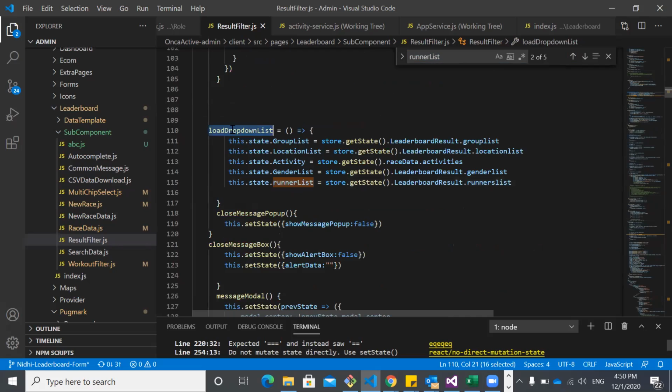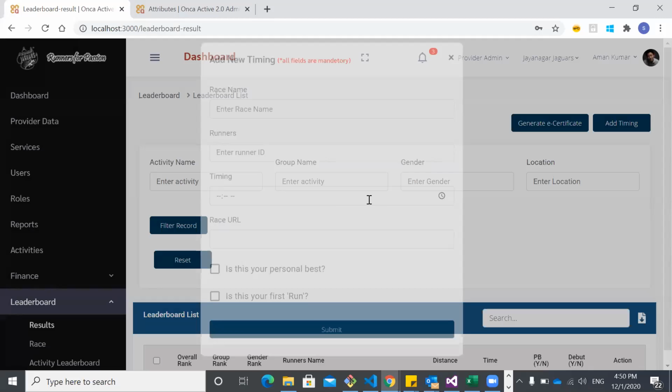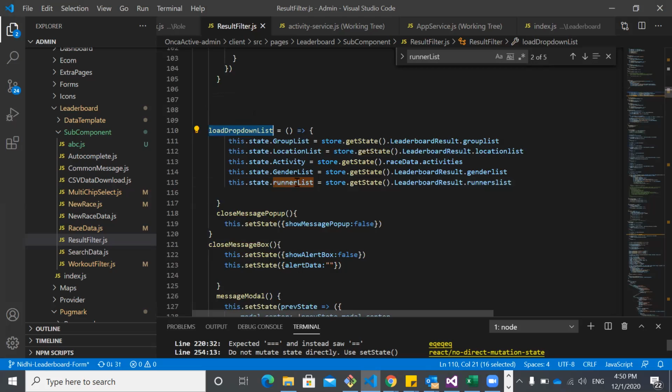There's one SP written on that, which I'm calling on load of that particular page only, and storing that data in this particular state. After calling the particular API, we are getting data and I'm storing it in a state variable as the runner list.